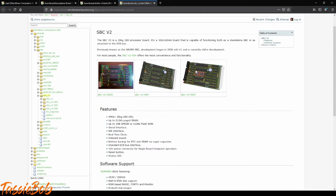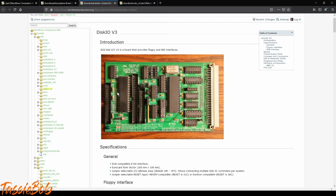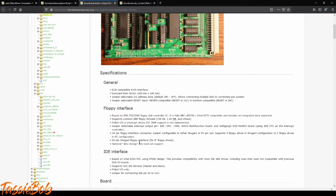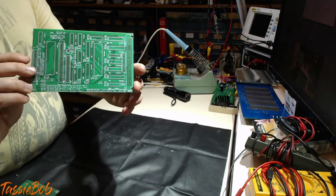And then a disk I/O card, which is this one. So that gives me a floppy disk controller, which should be good, and yeah, as it says there, the IDE interface. So that's the disk controller board,